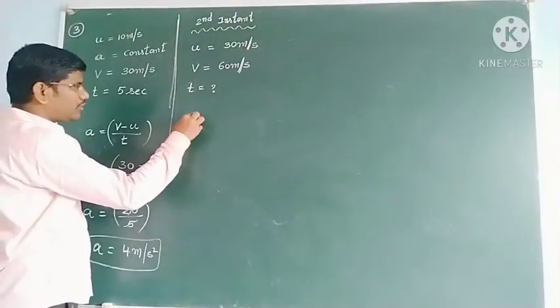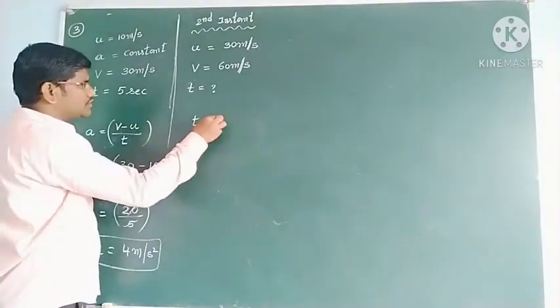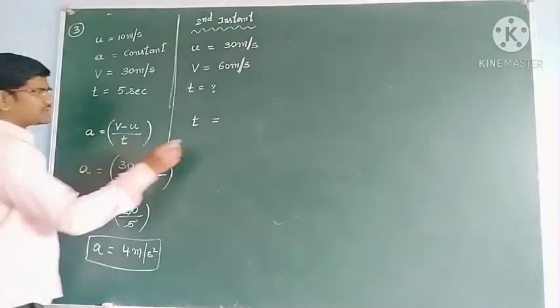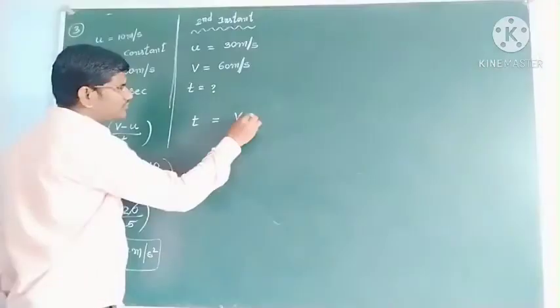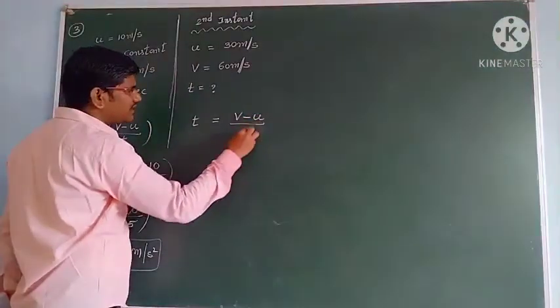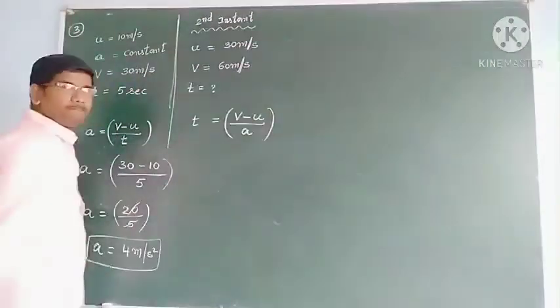So means I want t. So in the same formula, make t subject. t is equal to (v minus u) by a. Okay students,